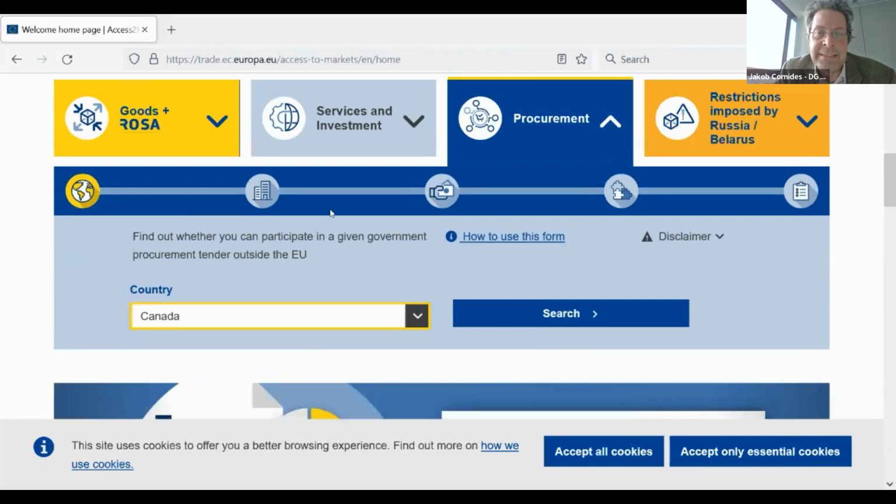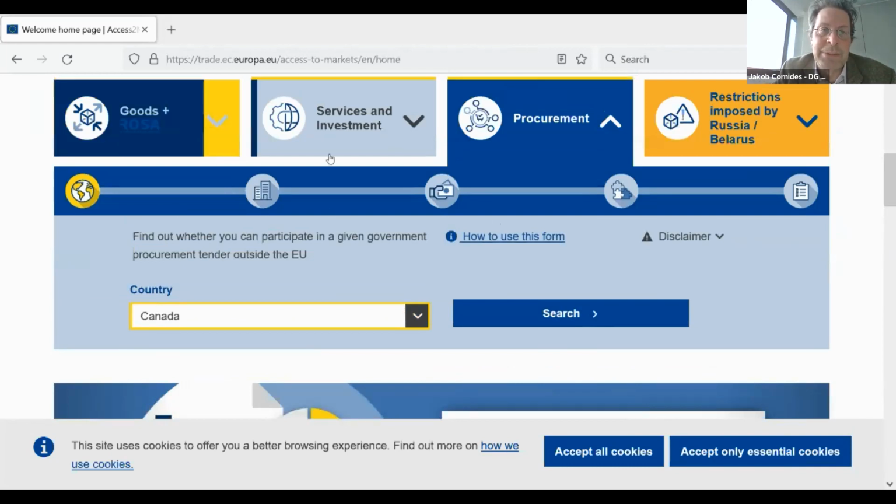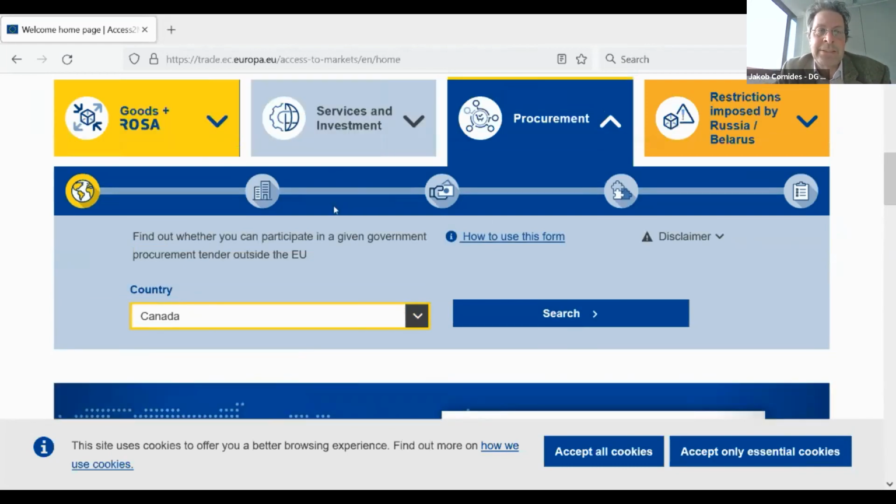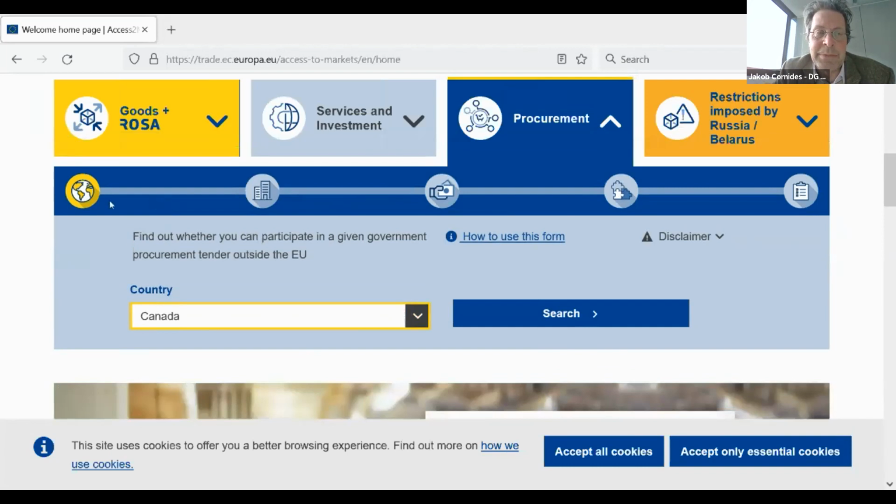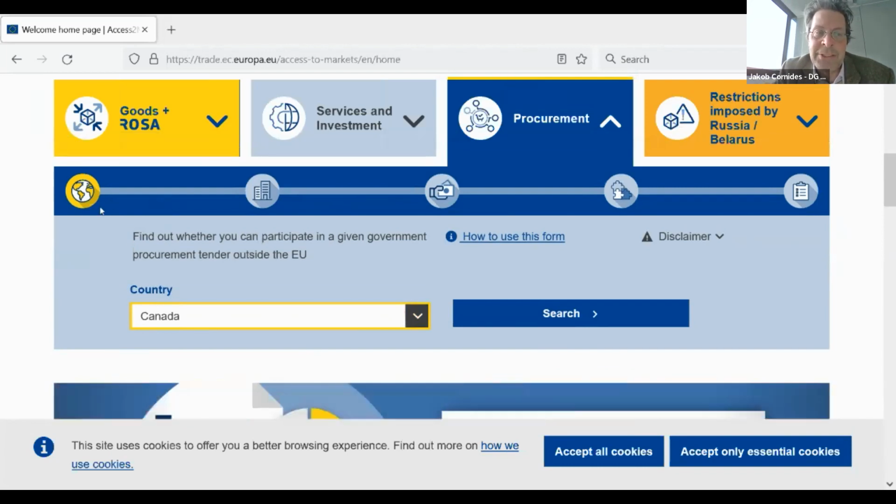As you can see here, and I suppose it's similar to what you have already seen on ROSA and on services, the presentation is very simple and the process is also very simple. You have a little voyage to make. It's indicated in this upper bar.